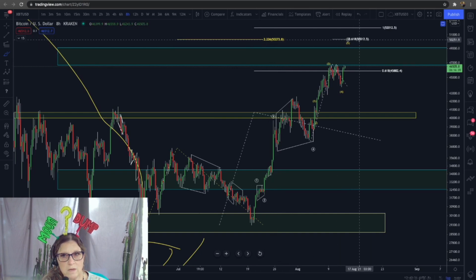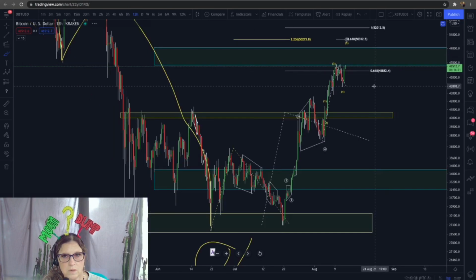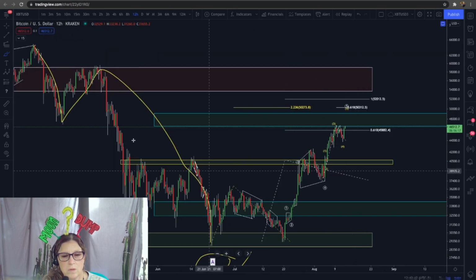When I project where this final fifth leg will go, it's coming in right at that 2.236. So I feel this is where we're going before we'll have a turnaround. Now, if we come up here and we make a fifth wave,